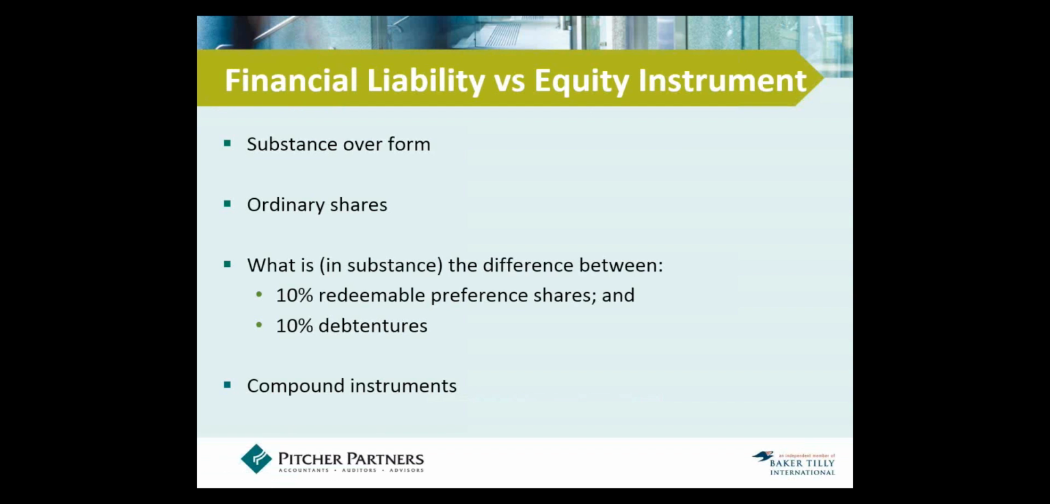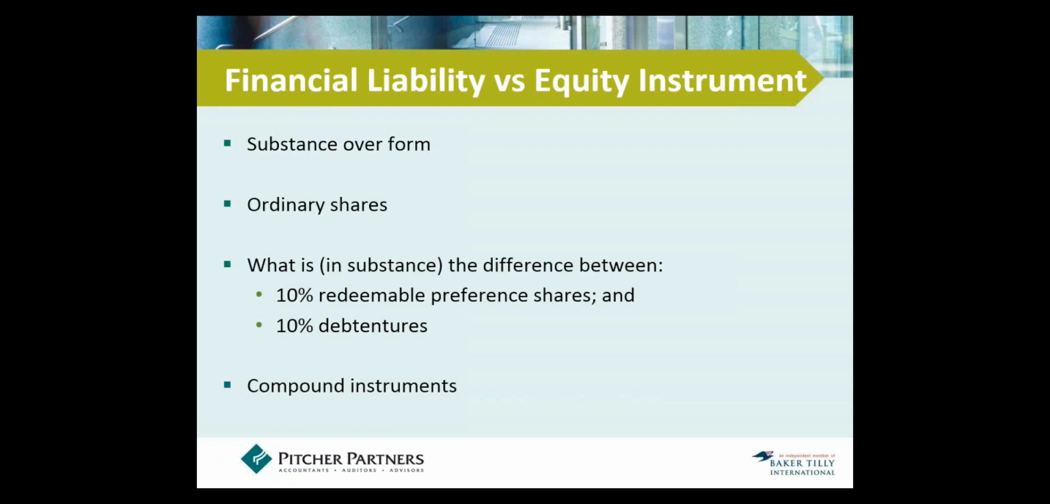So what is, and I'm putting in brackets there, in substance, what is in substance the difference between a 10% redeemable preference share, and a 10% debenture. So if you look at the first one, a 10% redeemable preference share, so we've got the 10% interest or dividend that's being paid every year. It's redeemable, so it will, let's say it will be redeemed in 5 years' time. And if you compare that to the 10% debenture, 10% interest every year, and it will be repaid,